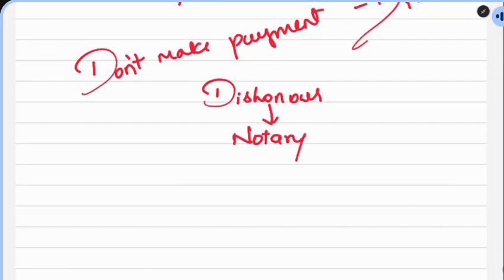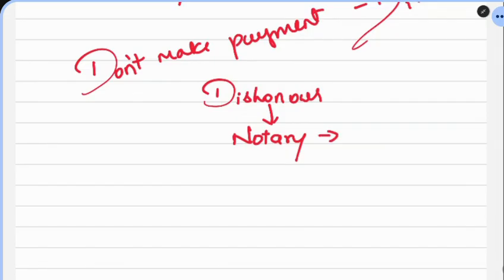Now, why do you need to go to a notary? For example, in the case of Sushrut, when the court asks him, why Sushrut, why did you not make payment to Mr. Praveen? Sir, he did not ask me at all. No, sir, I went and asked him. What is the evidence that you went to him and asked? So then I go to a person called a notary.